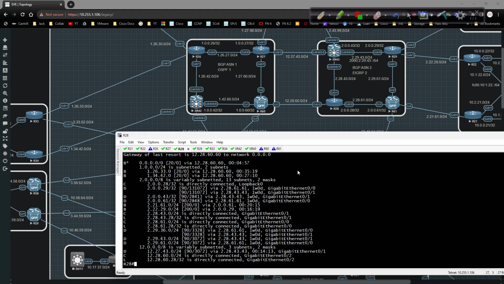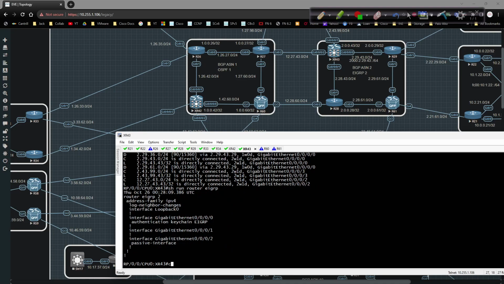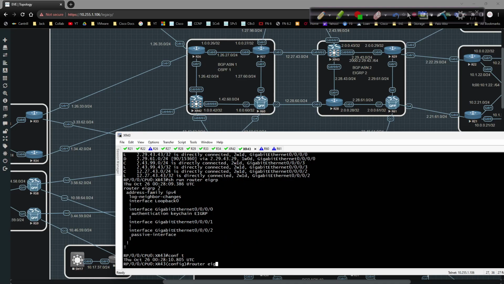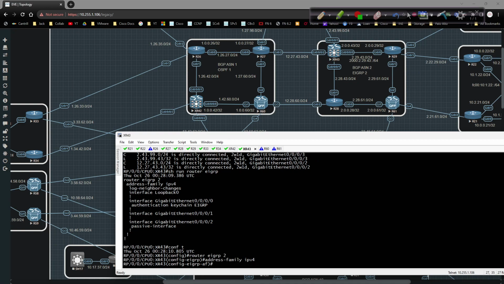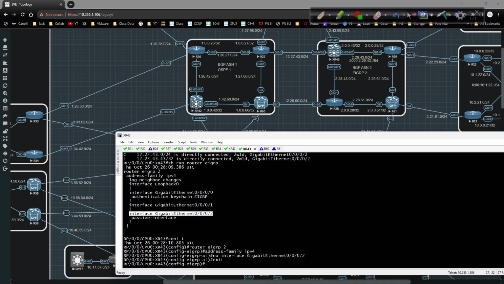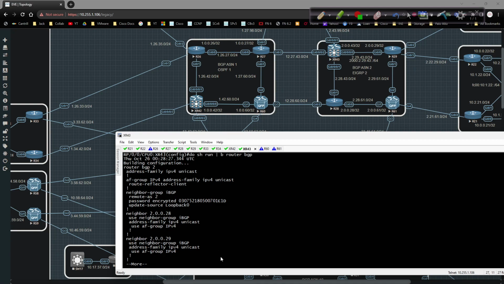Best practice, in this particular case, is going to XR43, show run router EIGRP, and we're going to go underneath router EIGRP 2, address family IPv4, and I'm going to say no passive interface on this interface. I'm going to exit out of there twice. I'm going to do show run pipe begin router BGP. And what I'm going to do